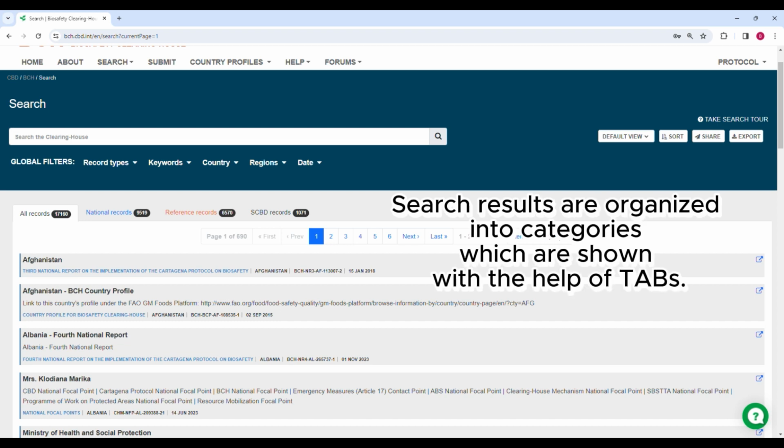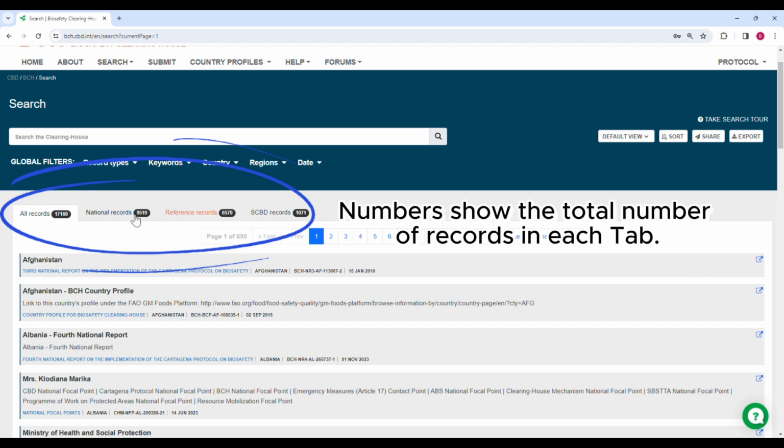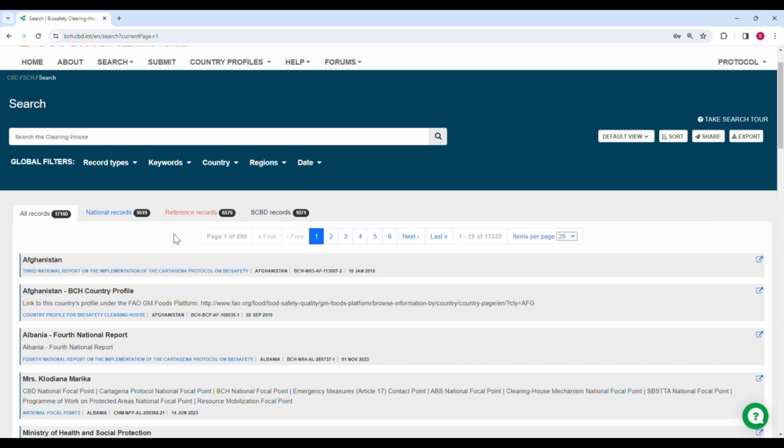Search results are organized into categories which are shown with the help of tabs. There are 4 tabs: All Records, National Records, Reference Records, and SCBD Records. The numbers show the total number of records associated with each tab. We can see that there are over 17,000 records in total that have been published and are available in the